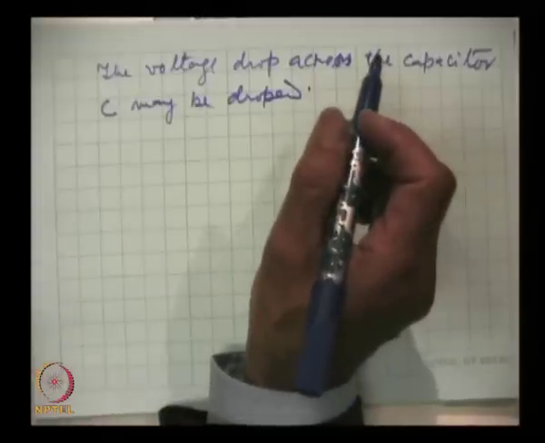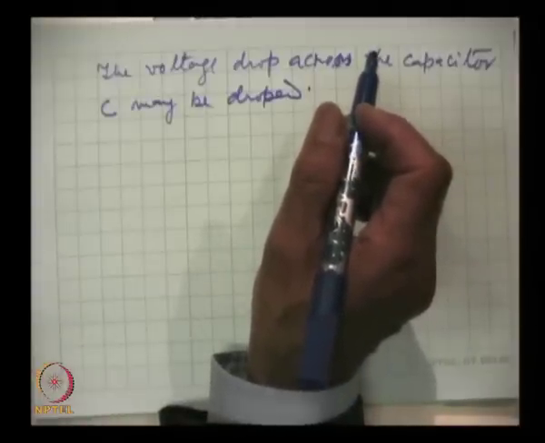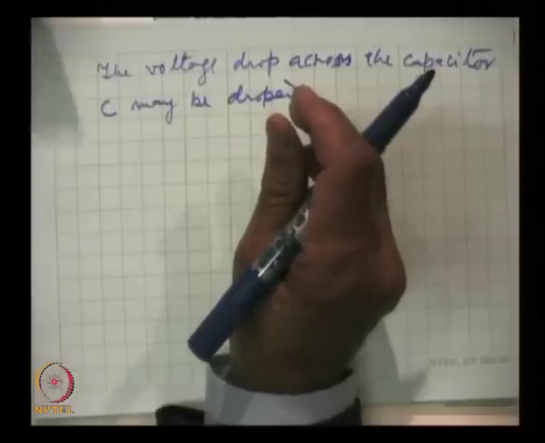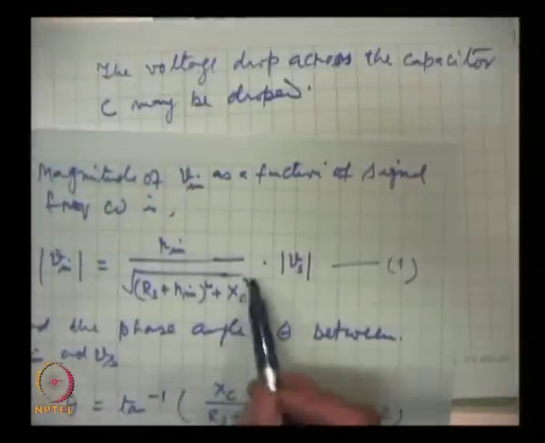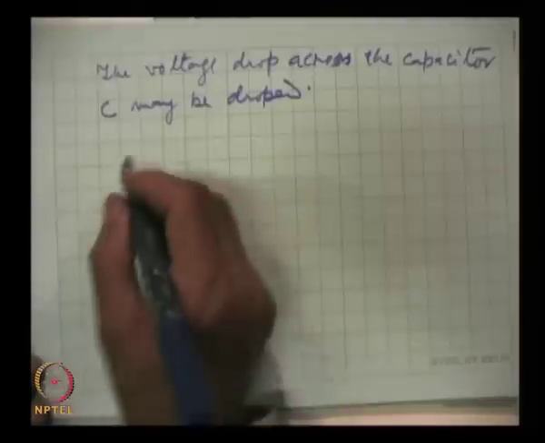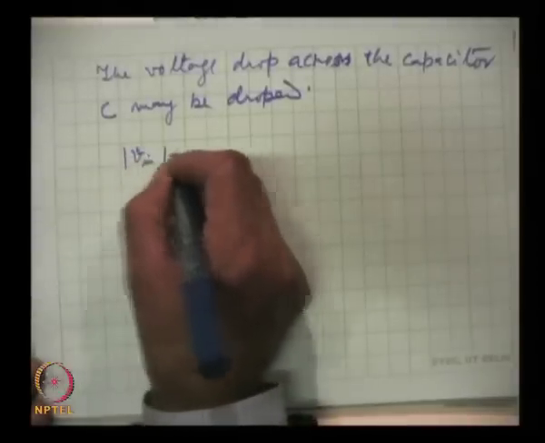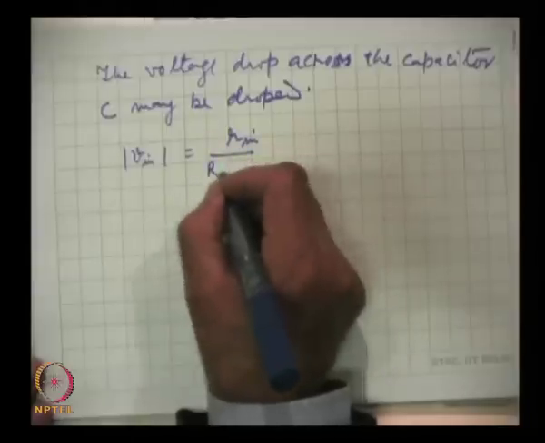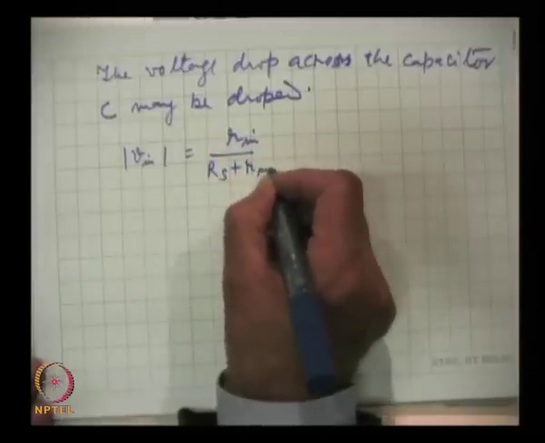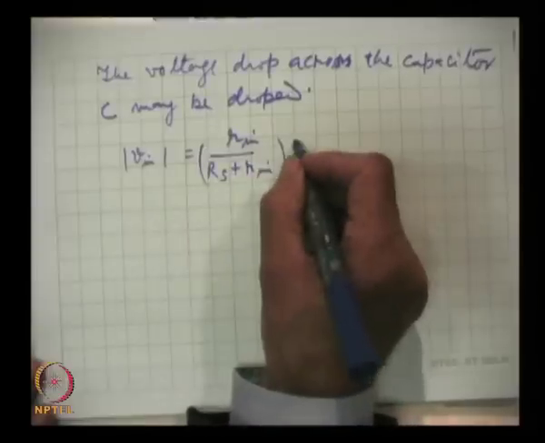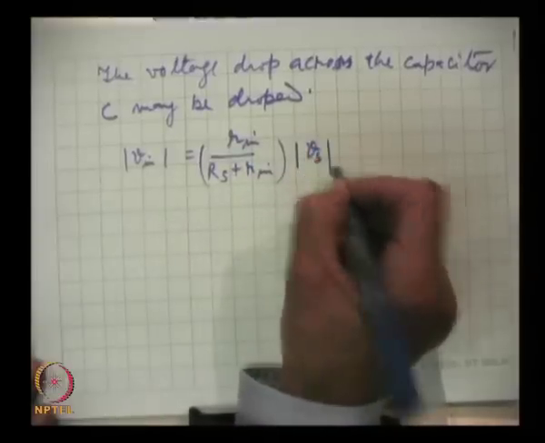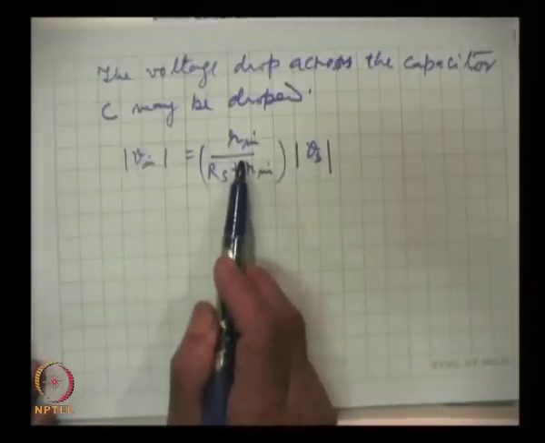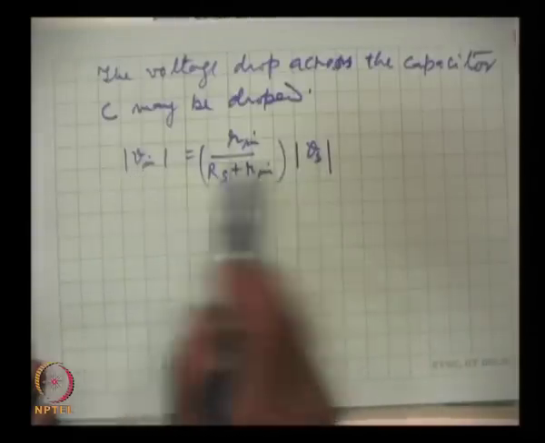Then from this equation, this is dropped, then what we get is Vin simply equal to Rin by Rs plus Rin times the magnitude of Vs. There is nothing frequency dependent here, these components are not frequency dependent,